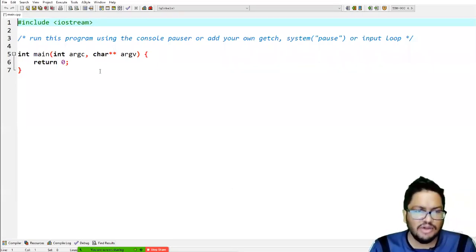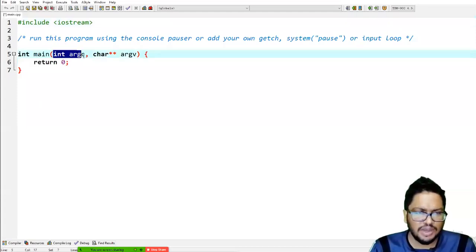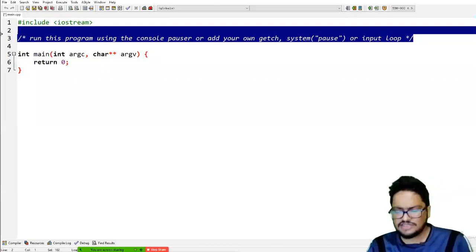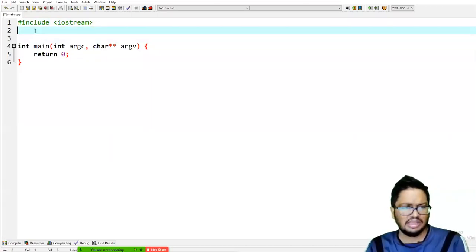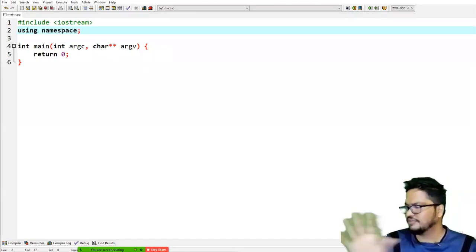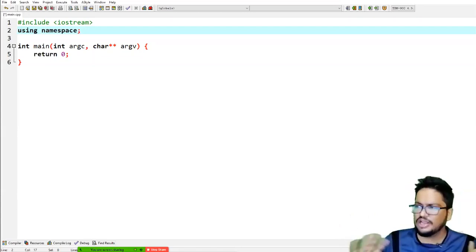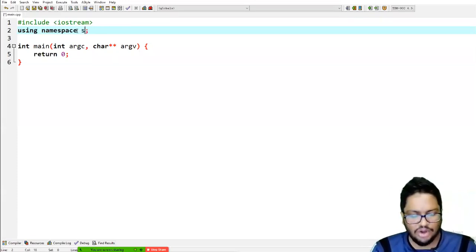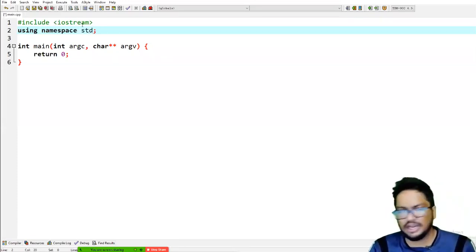So don't worry about what this return 0 is, what these parameters are. Don't worry about that. This is the main function, like what we implemented in our day-to-day codes, right? So this is the same as the main file that we implemented in our code. So the main CPP will be automatically created, but you have to add this using namespace std separately, right?